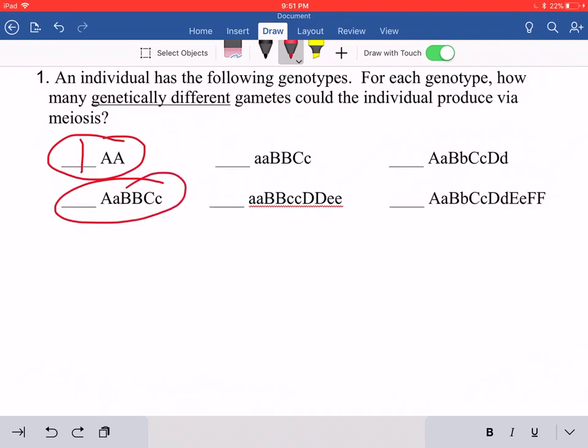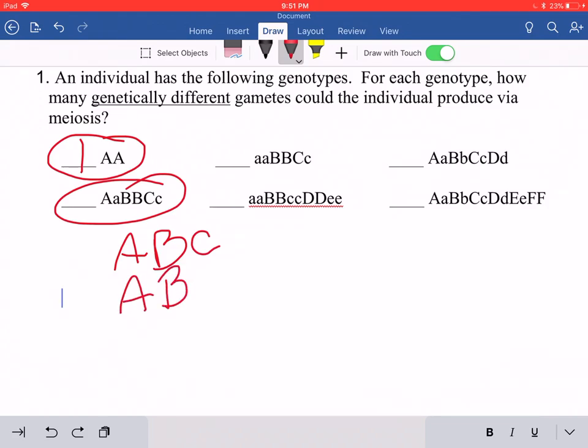Let's next take a look at this individual. Here we have to get a little creative and look at all of the potential combinations for all of the different genes, for the gene A, gene B, and gene C, and what all the combinations could look like. So you could have a combination from this individual through meiosis that produces a sperm or an egg with big A, big B, and big C. You could also have another combination of big A, big B, and little c. You can also have a combination of little a, big B, and big C,